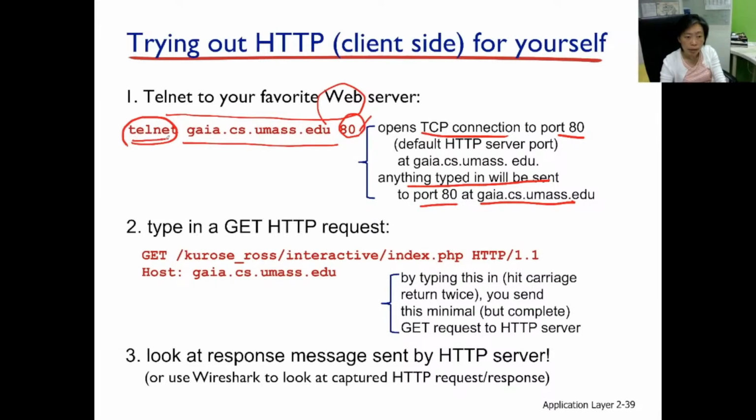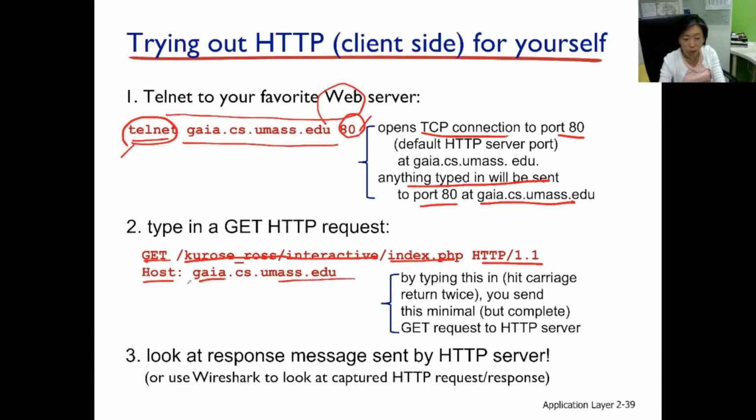Telnet is very, very old. Many operating systems probably don't support it anymore, but I've already installed it on my Mac, so we're going to show that in a little bit. Now, once we telnet to the web server, we'll type some things. Let's try typing this: GET, path name and file name as the argument for the get command, and then the version of the web browser. So we'll be pretending that the telnet here is an HTTP 1.1 client,